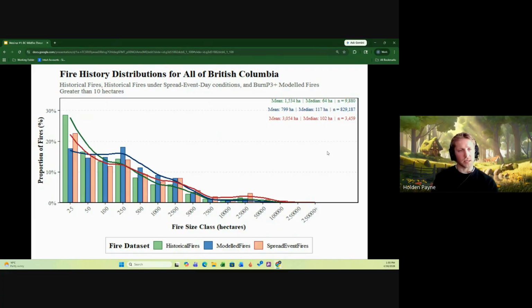It's a weaker data set to compare to because it's a little smaller and it relies on some weather data, but we still thought it was good to tune our model in between the historical and the spread event, to get the benefit of the accuracy with the historical data set, but also know that we actually want to plan for spread event fires. So we kind of want to be somewhere in the middle, and that's how I tried to tune our model.